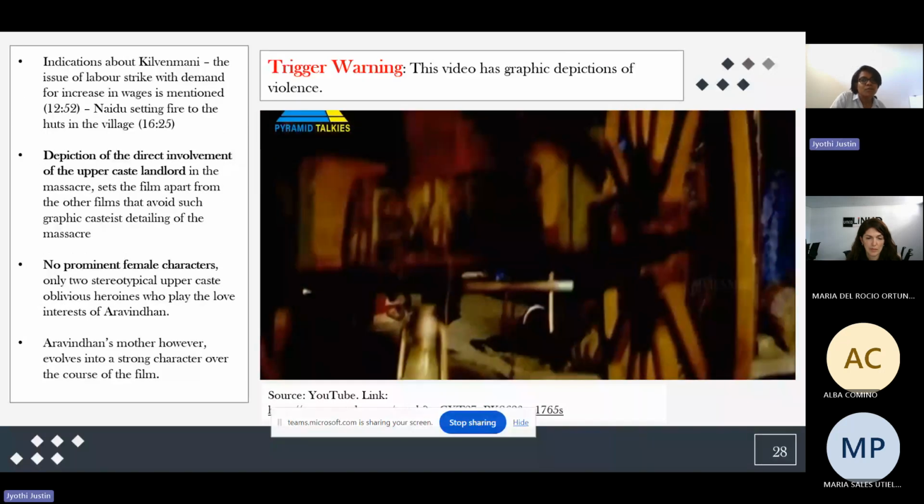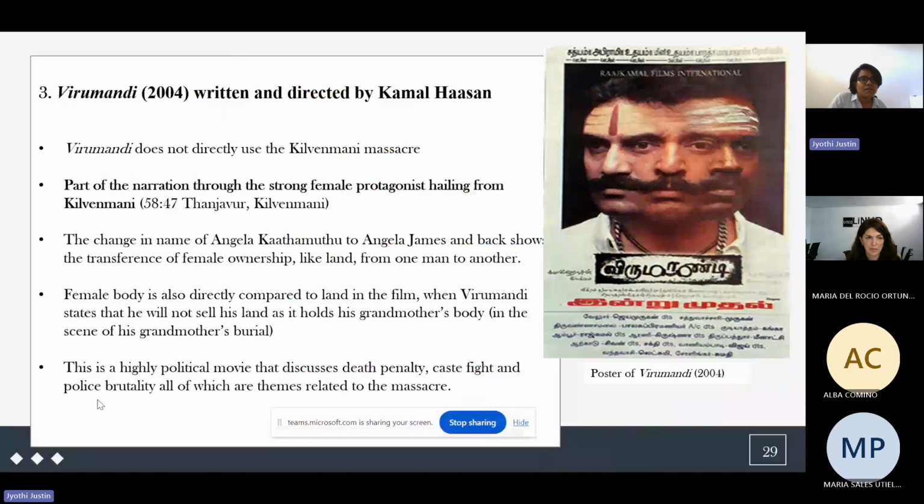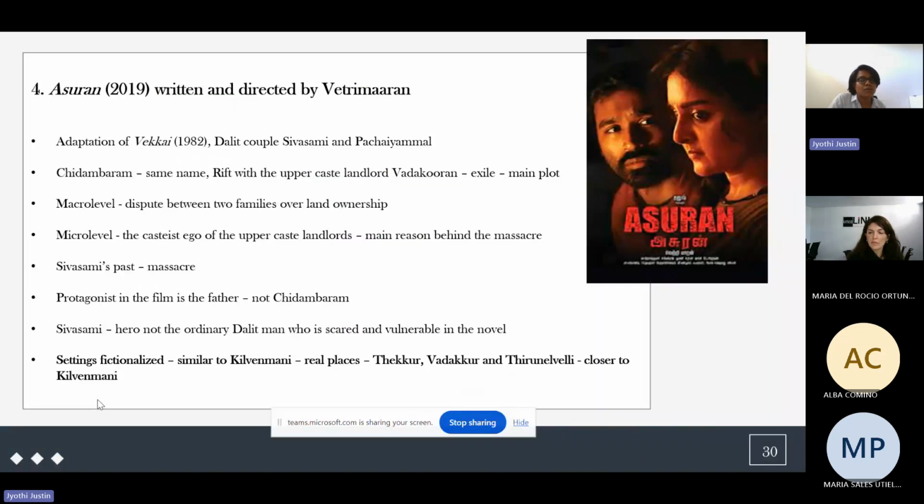Okay, Virumandi is another film. But these films do not go deeper into the massacre or the female survivors. So in this movie Asuran, we can see that the settings are mostly fictionalized, and the places that are shown